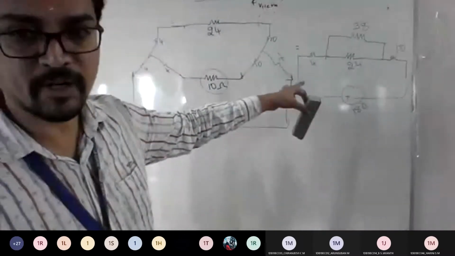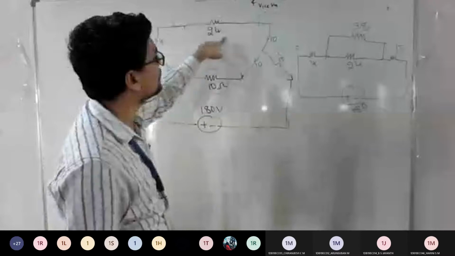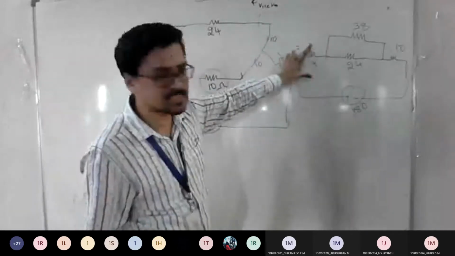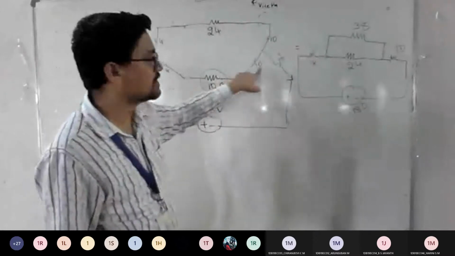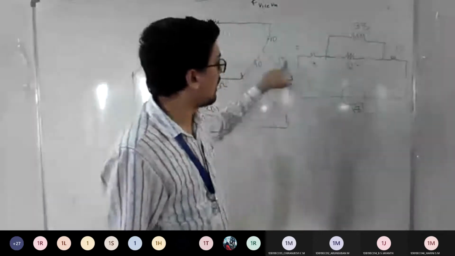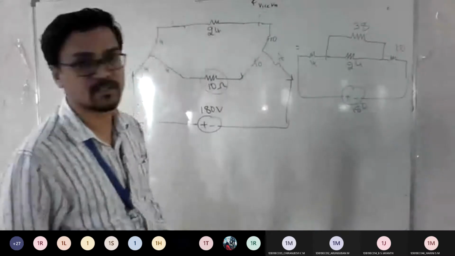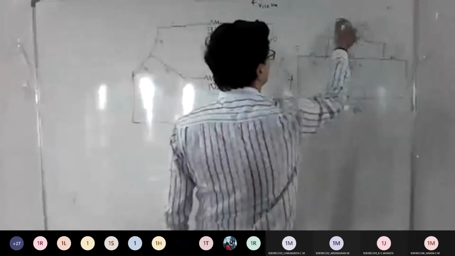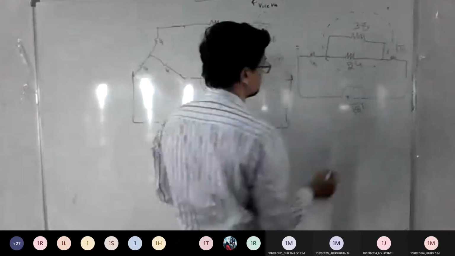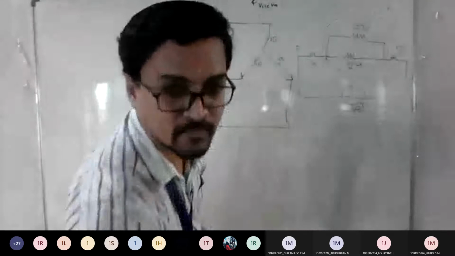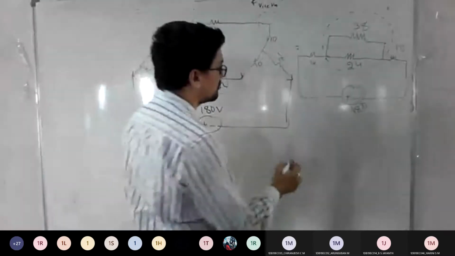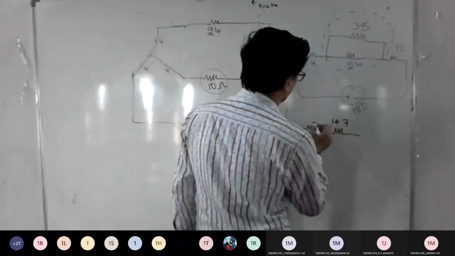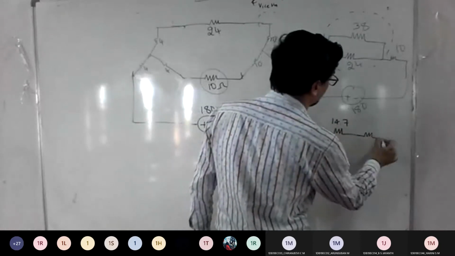Everyone, what did I write here? I made this 4, 24, 10 as series that become 38. So this 4 is as it is. That's why I kept this 4 as it is. Then the 4, 10, 20, 10 become 24 and this 10 as it is. So what is the combination of 38, 24 in parallel? How much is this answer? What's the parallel combination of 38 and 24? 14.709, sir. 14.7. I'll replace that and replace the remaining.